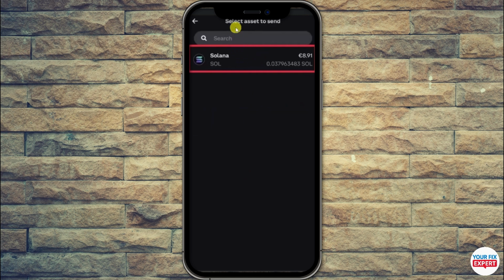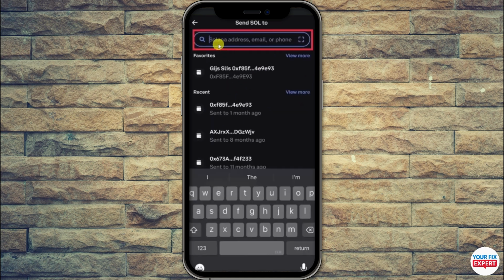Once you click on send crypto, you will be at this page, select asset to send. You can search the asset that you want to send. Now in our case I'll use Solana. Otherwise you can just click on search and search whatever currency or coin you want to send. And once chosen, just click here and they will ask you to paste the address where you want